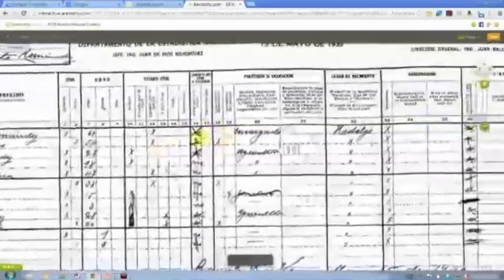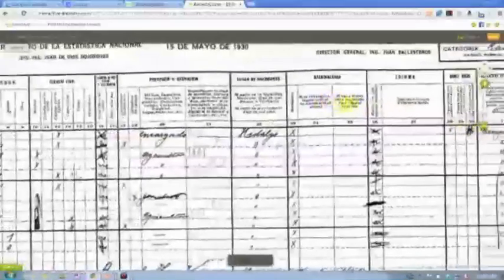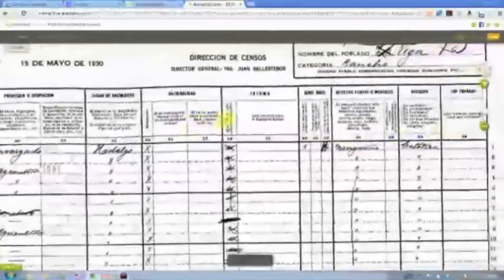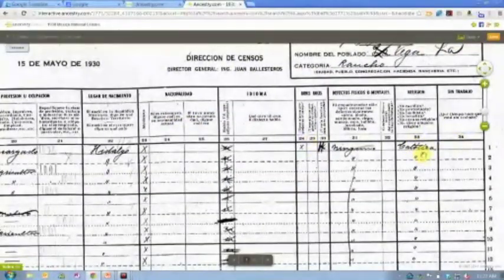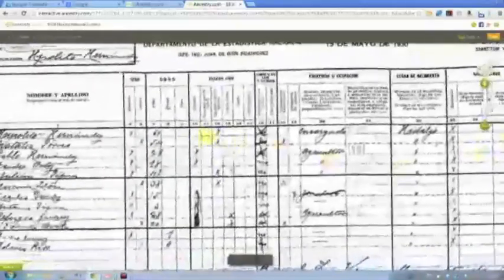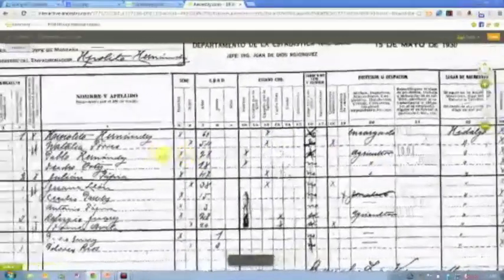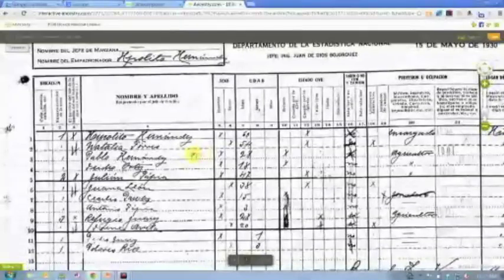One of the things that I appreciate about the Mexico census, much like the Canadian census, is it also lists religion. And that becomes important because in Mexico, one of the best records available are the church records. So most of the population, of course, is Catholic, but not all of the population. And so knowing whether your family was Catholic or not is important so that you know what records to go to next. So it includes, in the very last column back there, religion as well.